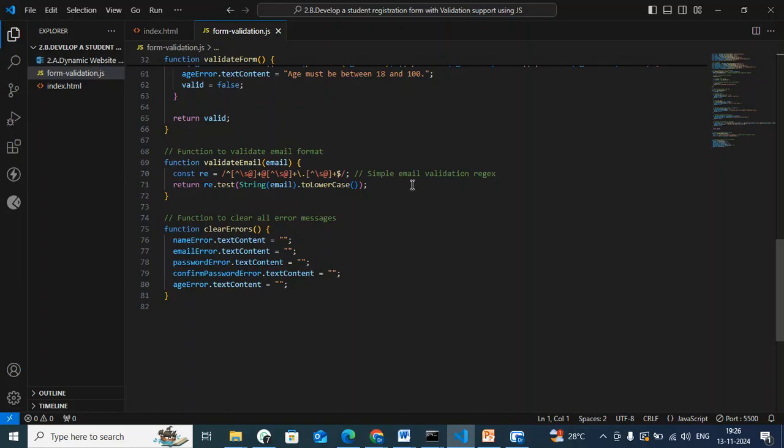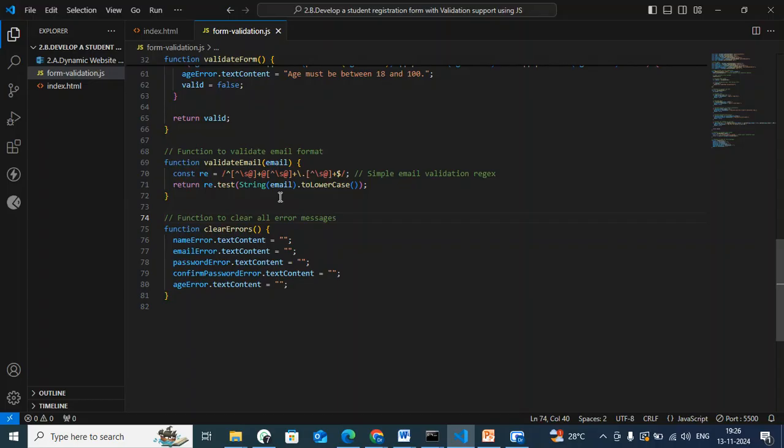This is a simple email validation regular expression. So email.toLowerCase, email IDs will be in lowercase only, so that's why we are converting them into lowercase.